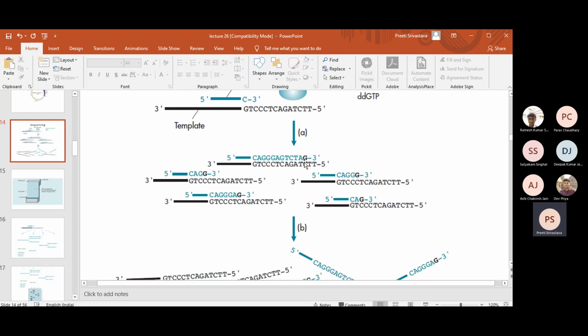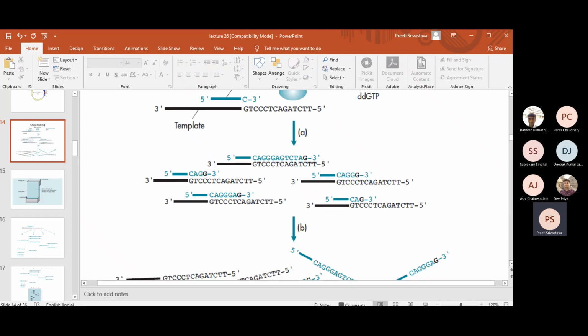And why has the chain terminated at these places and not at other places, for example, this one? What I want to tell you is that in the tube you have a mixture of dNTPs and dideoxy GTP. So dNTPs will get incorporated, and it will be an event of probability that at times there will be some population where ddG will be incorporated at the third place, some population where it will be incorporated at the fourth, fifth, seventh and last place. Correct?